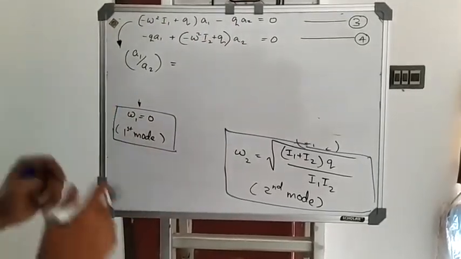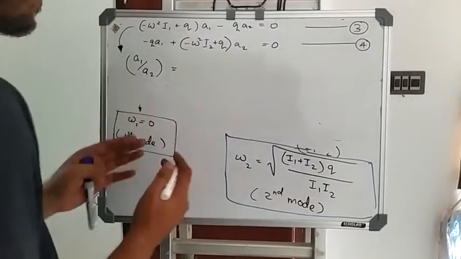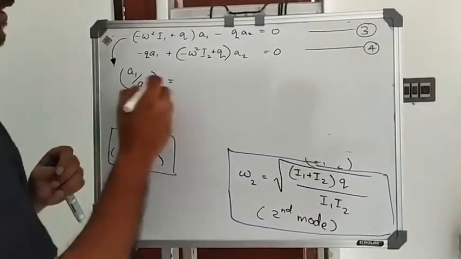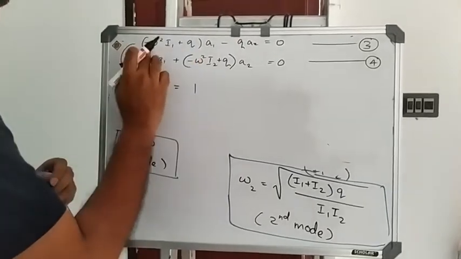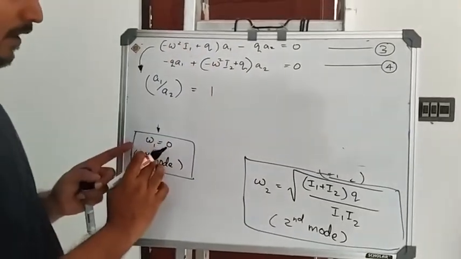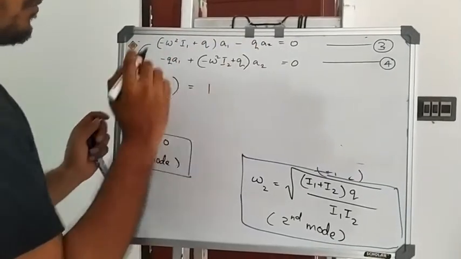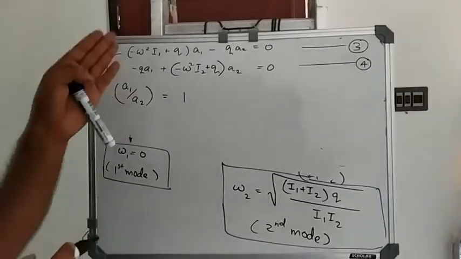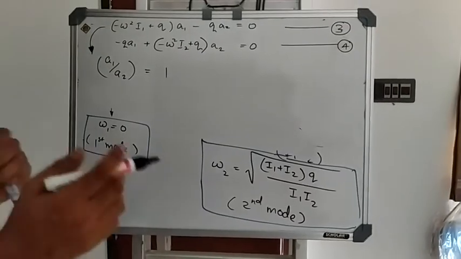And if we give the value of omega 1, that means the natural frequency for the first mode of vibration, in this ratio, what will be the term that we obtain? We obtain the term as 1, because this will be q divided by this term, and here we give the value of omega 1 equal to 0, this will be 0, so ultimately it will be q by q, it will be 1. Now what does this suggest? This suggests both the amplitudes are having the same value as well as they are in phase with each other.